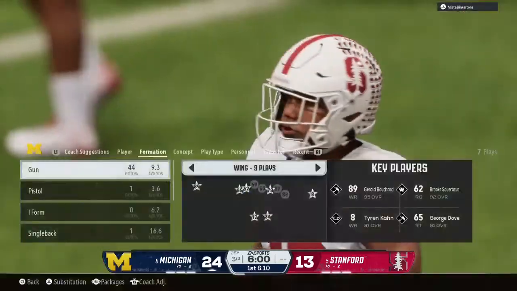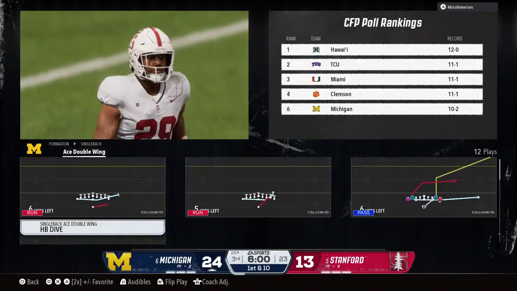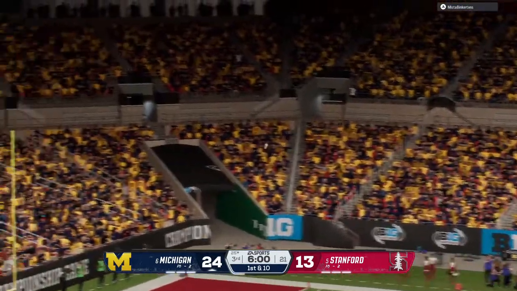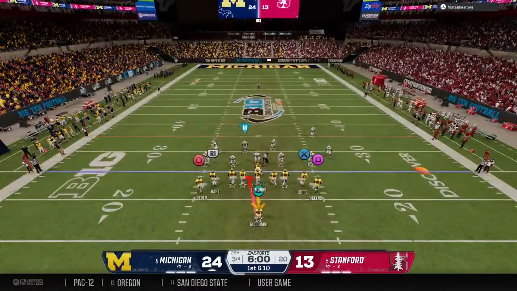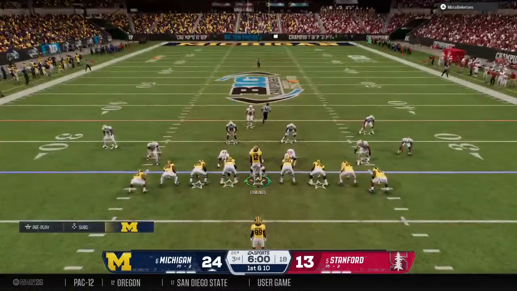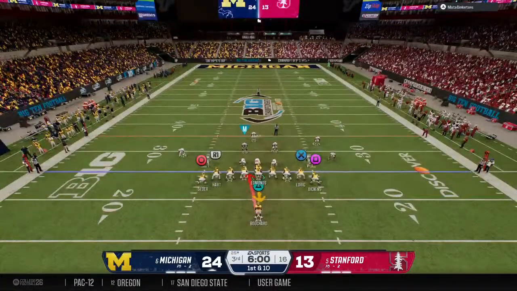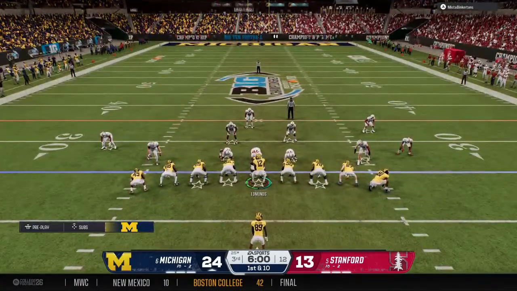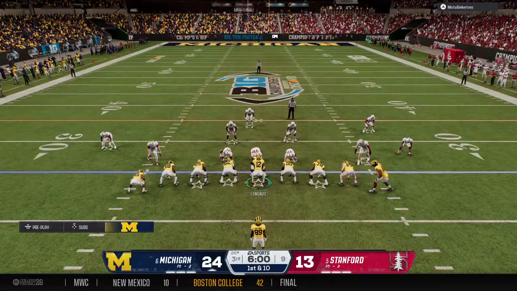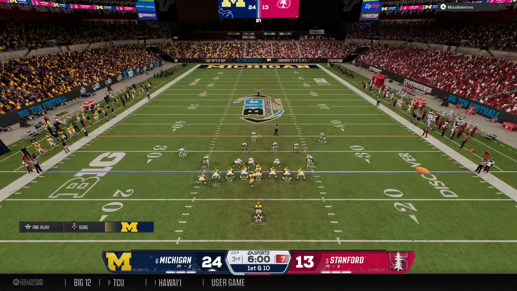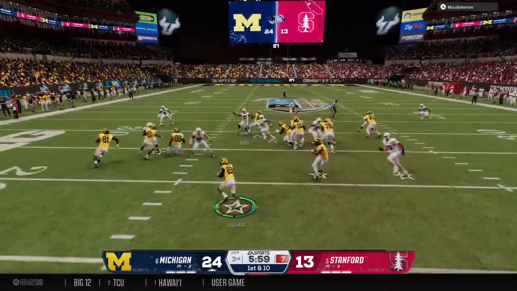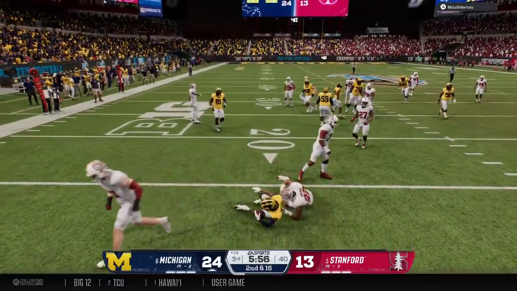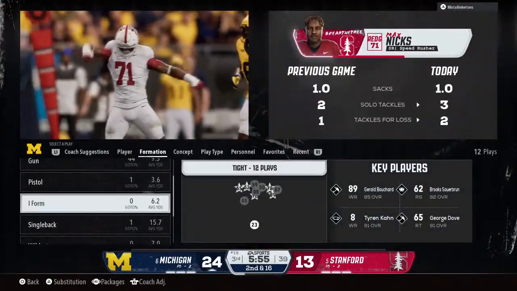Kickoff, a little too hot to handle, goes through the end zone for a touchback. And the Michigan offense comes back out on the field. They built the lead with an efficient running game. Let's see if they can take to the air now to start the third quarter. Tight end goes in motion before the snap. Way behind the line. He'll lose 6 there.